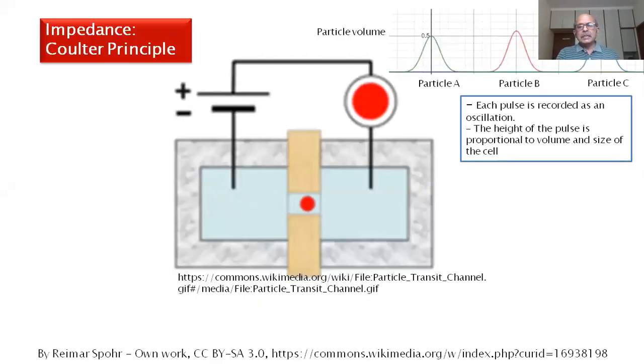So this cartoon wonderfully illustrates the Coulter principle. So you have electricity which is flowing between the positive and the negative electrode. And as the RBC goes through this, for a moment there is a break in electricity. This break in electricity produces a resistance, and this resistance produces a pulse, which is also known as an oscillation. So the number of pulses depends on the number of cells. The height of the pulse depends on the size of the cell. This is the simple principle on which the Coulter principle is based.